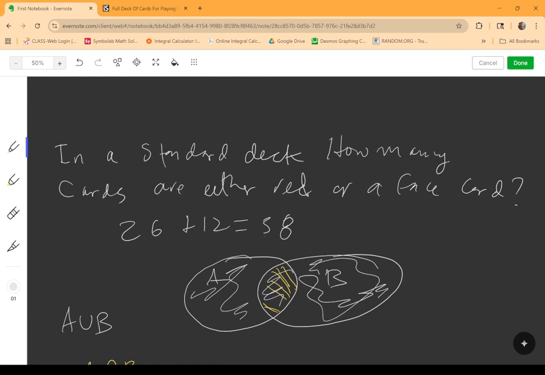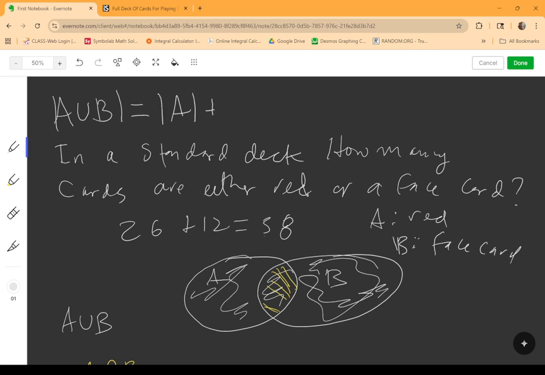In a standard deck, how many cards are either red or a face card? So let's say A is red and B is a face card. So OR is the union, so A union B. So using that formula that I had,